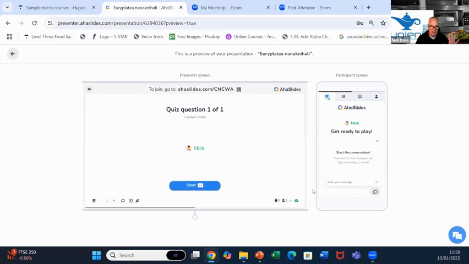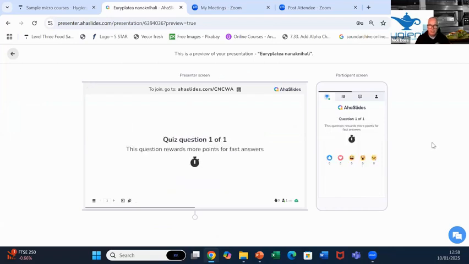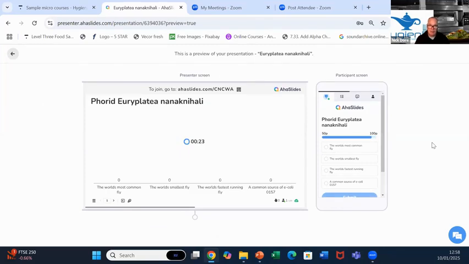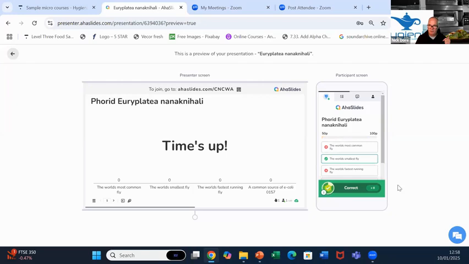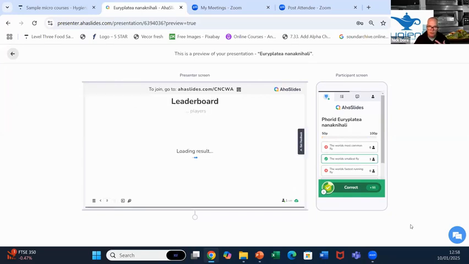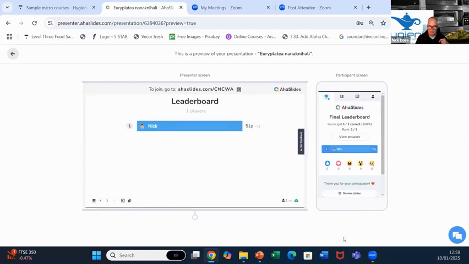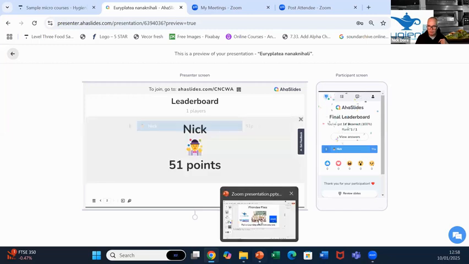Let's make a start. I've only put one question on it to do with phorids. So the question is, the phorid, Euryplatea nanaknihali. I'm not sure if I've pronounced that right. Is it the world's most common fly, the world's smallest fly, the world's fastest running fly, or a common source of E. coli O157? And delegates, we can set the time to whatever. Let's go for the world's smallest fly. Hopefully, yes, I'm correct. And then I would move on the screen either to another question for delegates to complete or show the leaderboard. Let me just go back to my